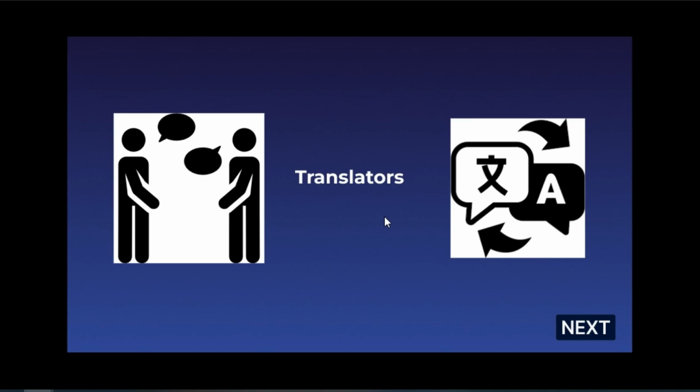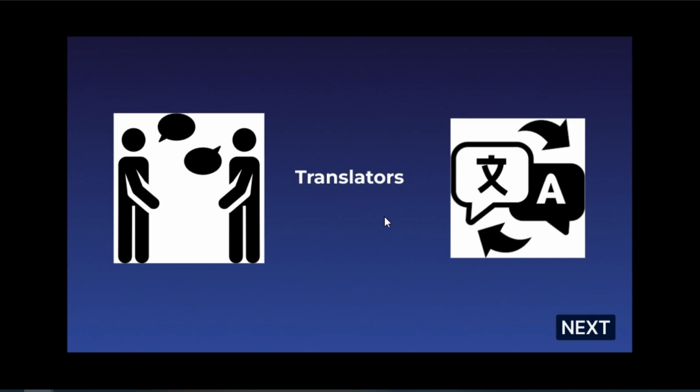So we have translators. You must have seen how heads of state of different countries, when they meet, if they don't speak a common language, have a translator in between, right? This is exactly what happens when we write a program, which is source code.